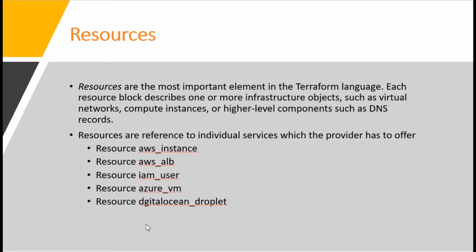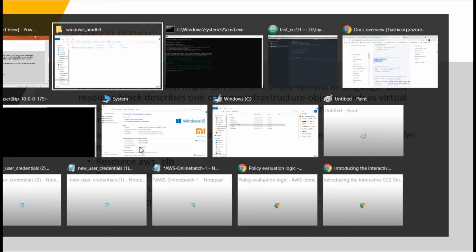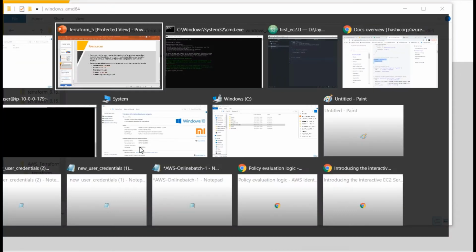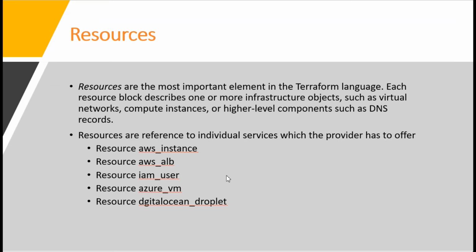Like this, we have multiple resources under each cloud service provider. Resources are the most important element in the Terraform language. Each resource block describes one or more infrastructure objects such as VMs, compute, networks, and any other storage requirements, whatever we define in a resource section.